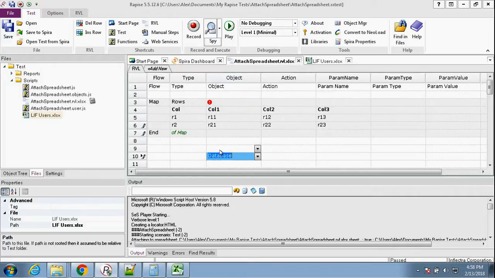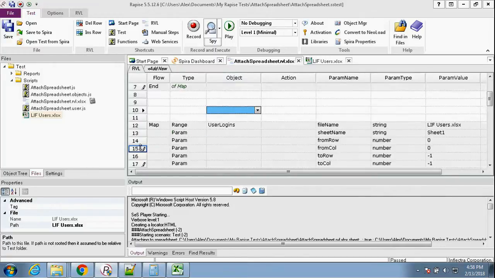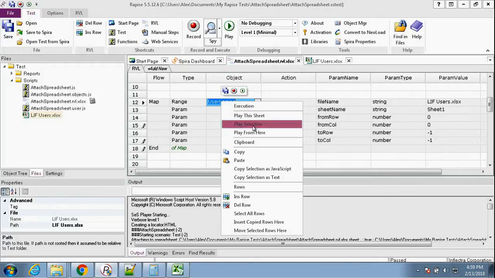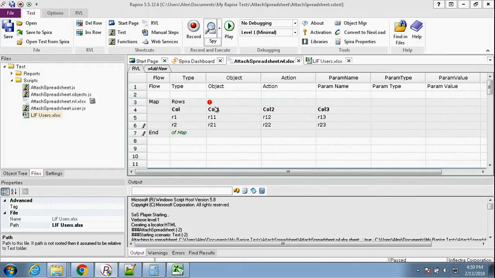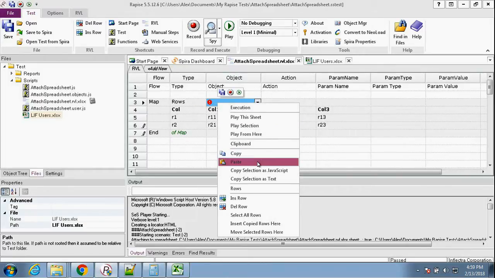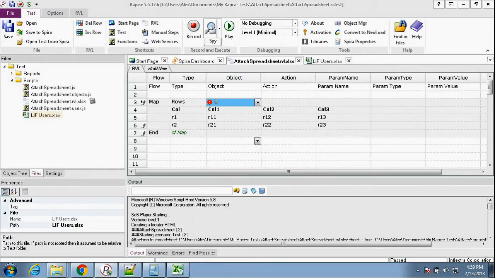Oh, did it miss to copy? Copy. Paste. Something didn't work, so I just used